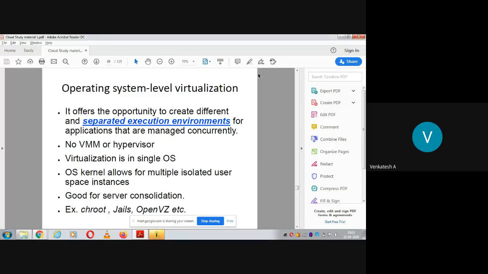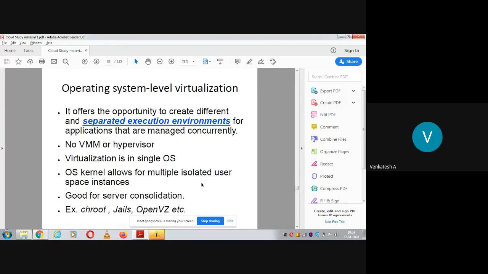So that means virtualization is in a single OS. There are no multiple operating systems, and the operating system kernel allows multiple isolated user space instances. That means the kernel allows you to create multiple instances depending upon how many applications you are running, and it is good for server consolidation.